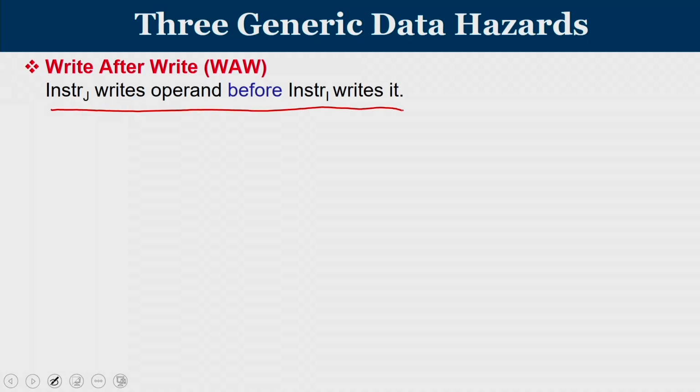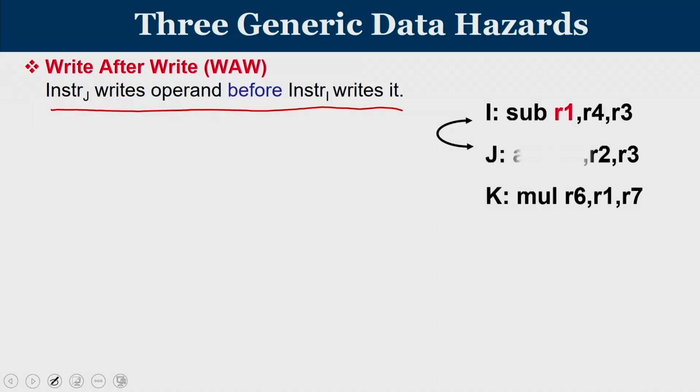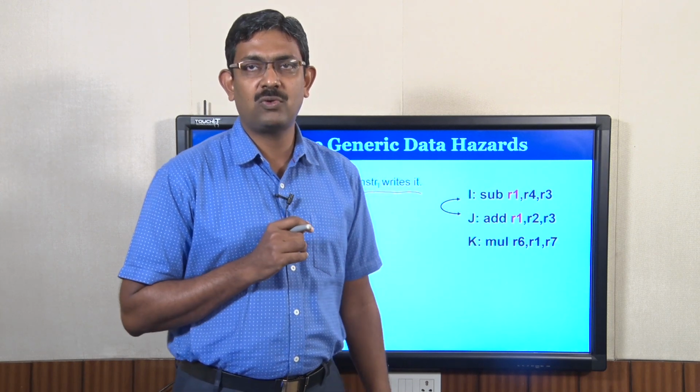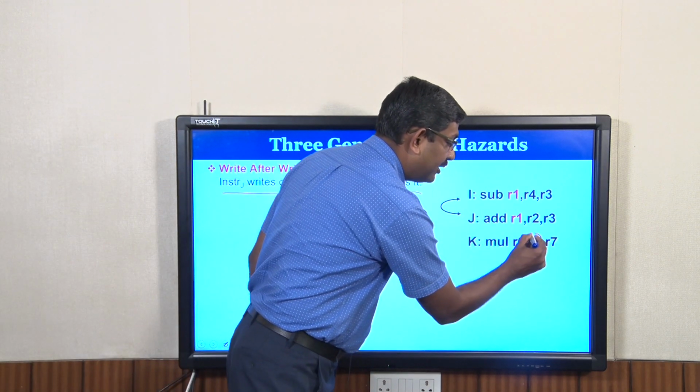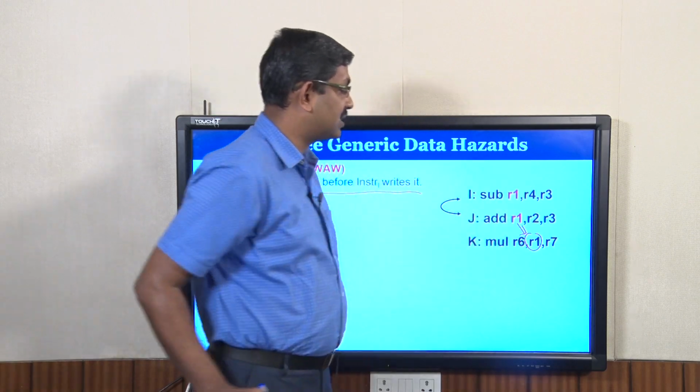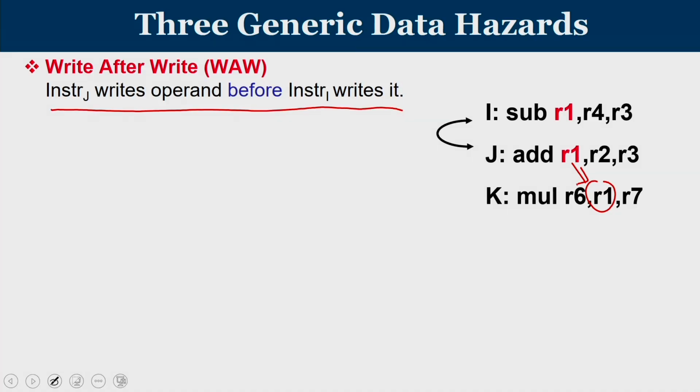where instruction J writes to an operand before instruction I writes to it. So, consider the case where you have 3 instructions I, J and K. I is going to write to R1, J is going to write to R1, and then K is going to read that value of R1 which was written by J. That is the logical order in the program. Now, think of a scenario where